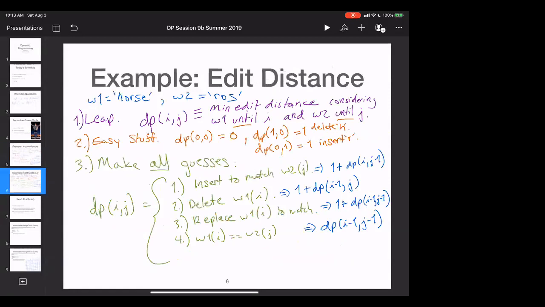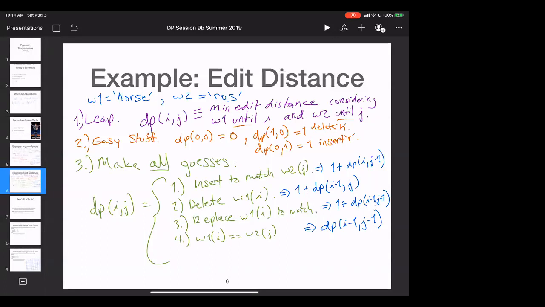Let's just do it for another example that we also did in the last class. That was the edit distance problem, where we have the 2 words, W1 and W2, and your job was to edit word 1 so that it becomes W2. So let's see how it applies to the 3 steps. So leap, and this one gets even harder to just jump to. So you might have jumped to something else, but we'll say, in this case,